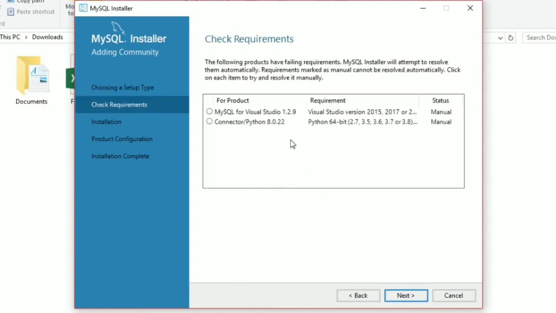If you click Next, then it asks about MySQL Visual Studio or connectors. These are basically the connectors for your C++ coding or Python. If you develop any project in Python or C++, and you want to connect it to your MySQL database, then you have to install one of them, like this connector for Python and this connector for C++. We do not need that, so we do not check this checkbox and click Next.